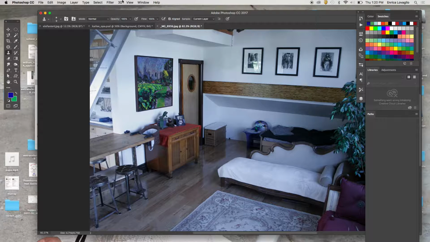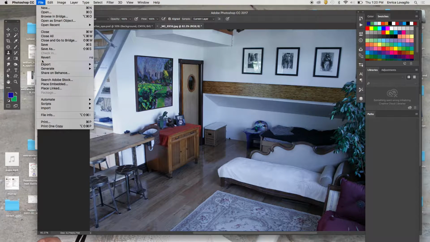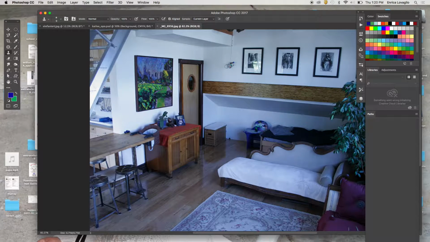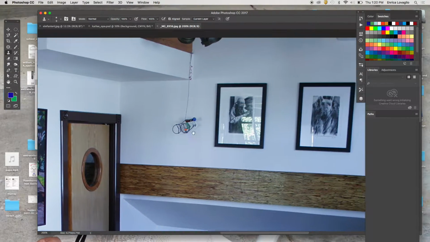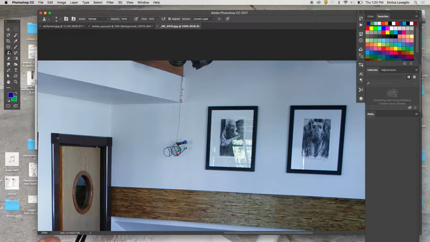It bugs me. So I'm going to go to File, Revert to go back to the beginning, and show you another tool that I actually love, called the Patch tool. It works the same way. The patch and the healing brush do the same thing. It's called the healing brush tool and the patch tool. I tend to use the patch because it's much better for the whole area. What it allows you to do is, look, source